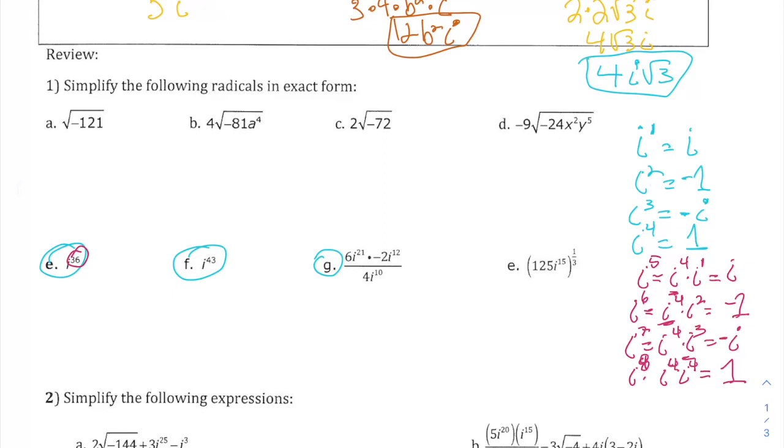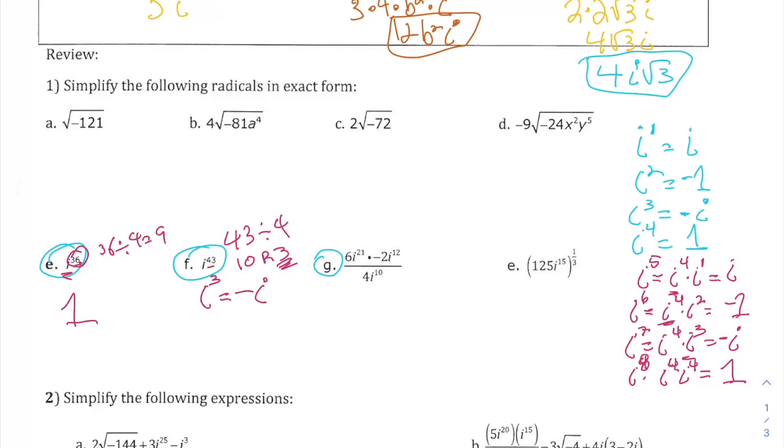So here, I to the 36, well, 36 is divisible by 4 evenly. It's a multiple of 4. It's 9 times 4. So that means the answer is automatically just 1. However, I to the 43rd, well, 43 divided by 4, that's 10 with a remainder of 3. So that means that it's really the same thing as I to the third,